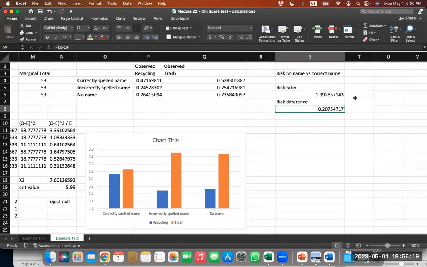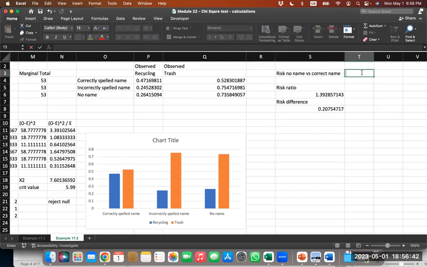Now you can use it in the same format. You have a numerator, that is basically your group of interest, compared to a denominator, quote unquote, the reference group. And that reference group needs to be carefully chosen. So is the numerator group, the group of interest. But if you compare now risk ratio, correct name